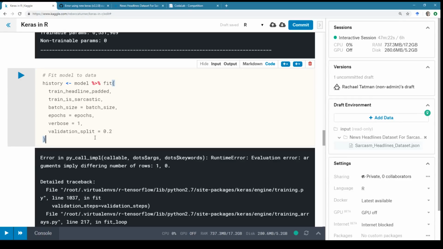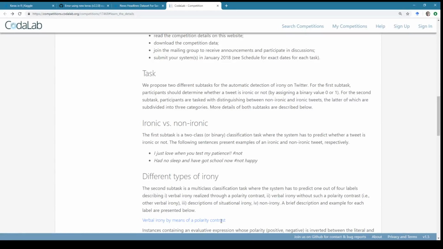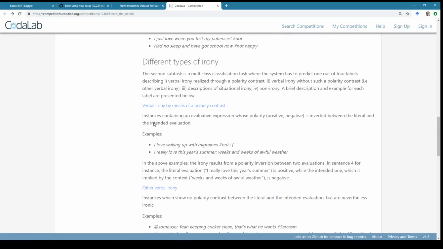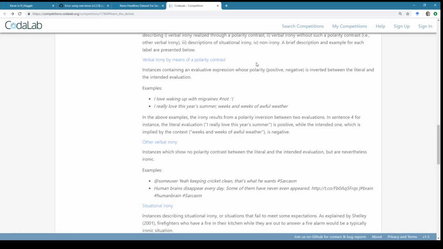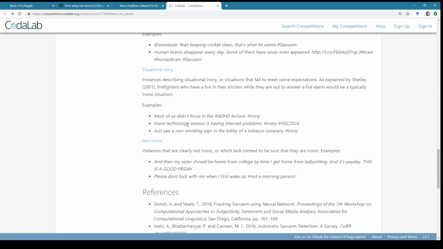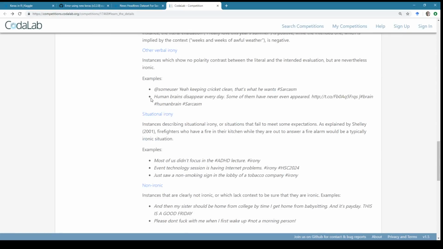So if we were looking at this and sort of looking at the papers from here and what did well, we'd have to make some tweaks because we're looking at newspaper headlines and not tweets. Even though there is some sort of similarity, they are also fairly different genres. For one thing, newspaper headlines are edited in theory, and tweets generally are not. Yeah. And then they are looking for different types of irony. So that's nice. So this is a much more finely grained annotated data set, it looks like.